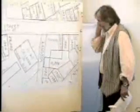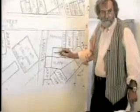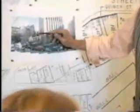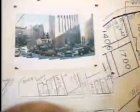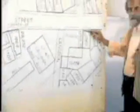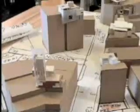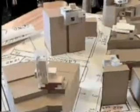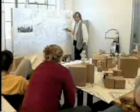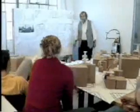I have the following criteria for you: that this wall, which has windows on it, you have to keep those windows, and therefore somehow you've got to get light into these. However, this one, which has windows on it, you don't have to keep, because in the North End vocabulary, it's on the corner, but most of the time it does not have windows because it's a bearing wall. This one may not have been because of the lane. But we can assume that there are no windows here. You are welcome to build up against this, but not against this. And of course, you're welcome to build up against the ventilator building in any way you see fit, as we've already done. Can you poke through the...